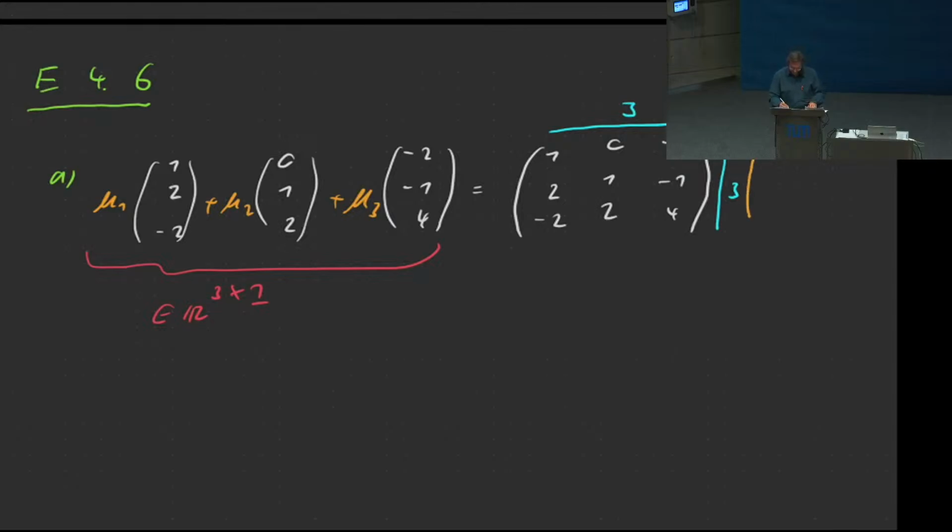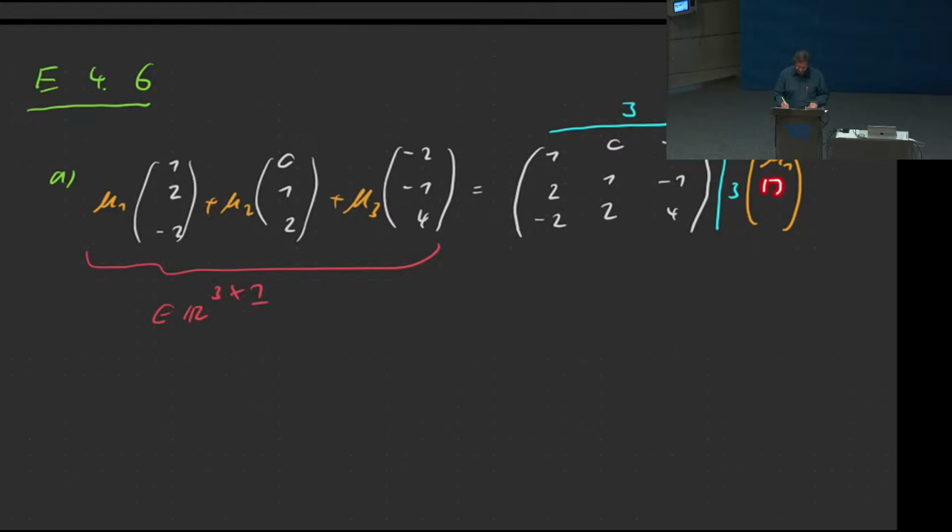With this in mind, it means we multiply this by a vector. What happens if I multiply a matrix by a vector? Basically, that first entry here is multiplied for the first row with this entry, for the second row with this entry, for the third row with this entry. So the first entry of that second matrix always affects the first column of the first matrix. And what I want is to multiply the first column by mu1, and that's why I put a mu1 here. And same thing for the other entries.